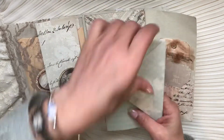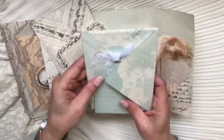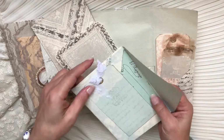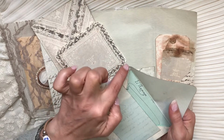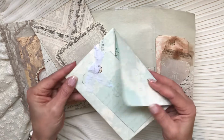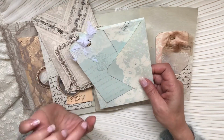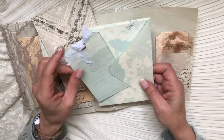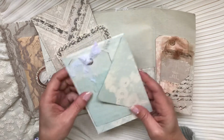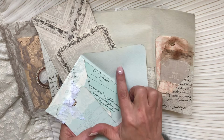The envelopes come as patterned ones, so you will see, because they are very pale, it's hard to notice, but there will be mini triangles to trim, so you'll be able to fold it into this shape. You can see it's very pale. It doesn't look as crisp as my other kits, because I wanted to keep a very soft look. And there is this background embossed